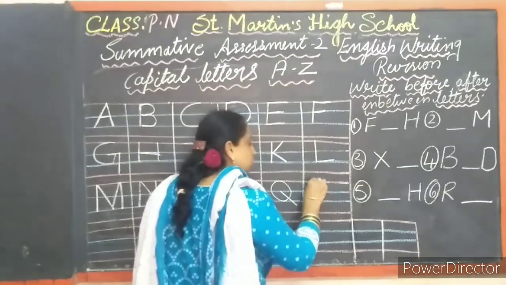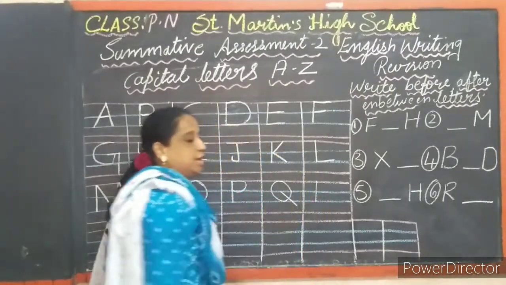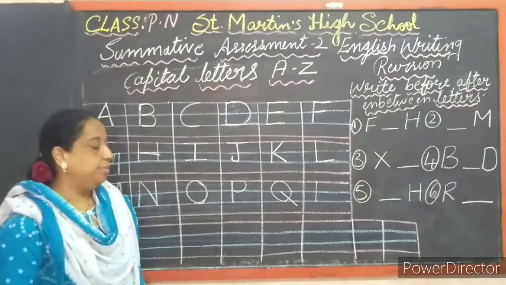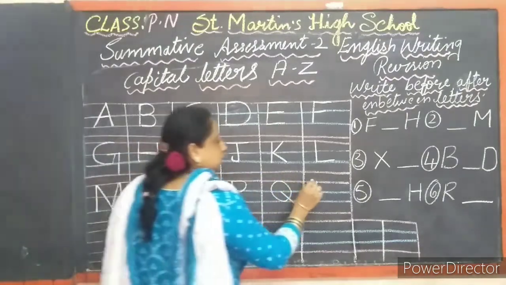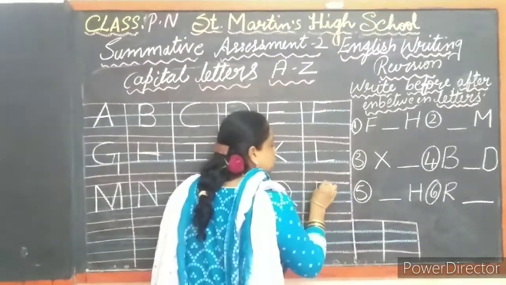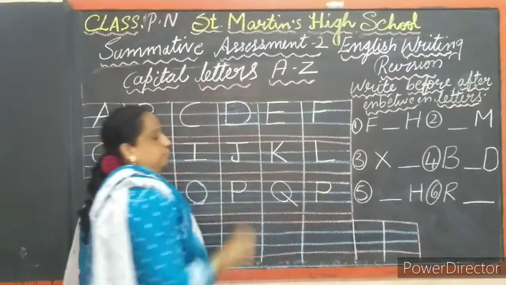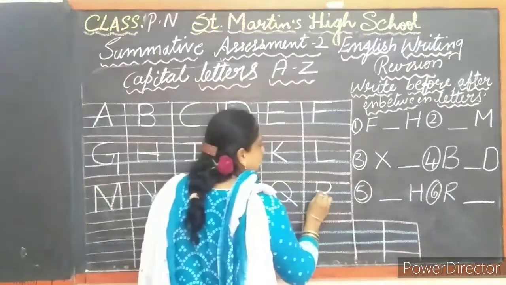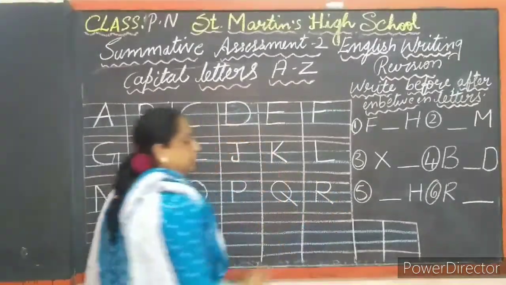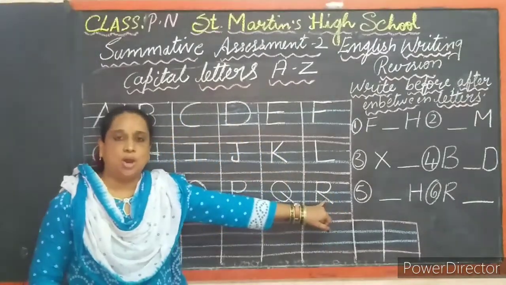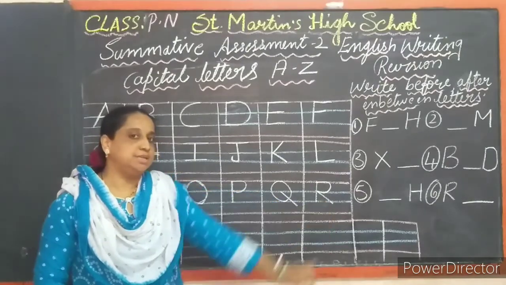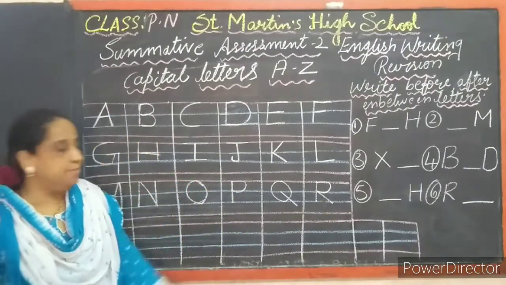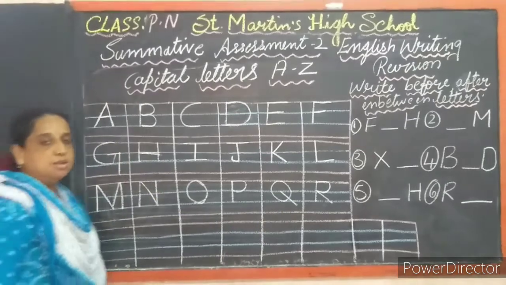For R also, draw one standing line from the top red line to the second blue line. Then one right curve from the first top red line to the first blue line. Then one left slanting line joining to the curve. You should draw one left slanting line makes letter R. It is easy, no, children, to write the letters with the help of the pattern writing? Yes. After R, what letter will come?